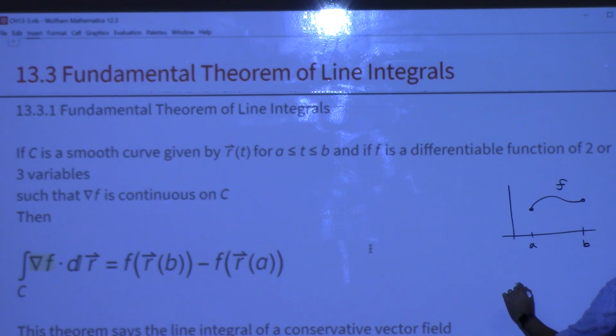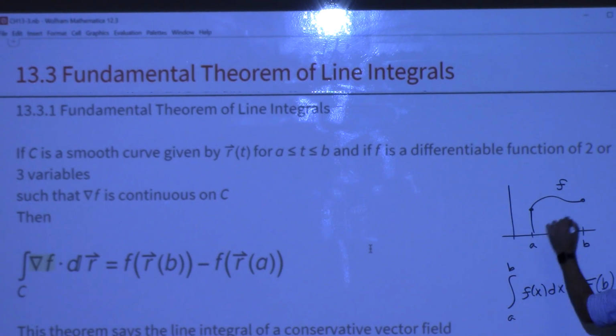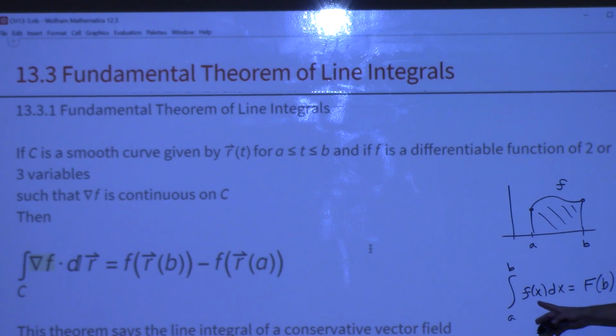that if we take the antiderivative of this little f, we'll call it capital F, and evaluate that antiderivative at the two endpoints, it would give you the area under this curve. This is actually called the evaluation theorem. It's a version of the fundamental theorem of calculus. So the relationship here is that this little f is the derivative of capital F. So now we're going to have this thing called the fundamental theorem of line integrals, and there's something very similar to this